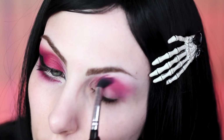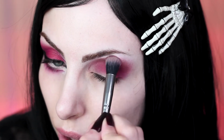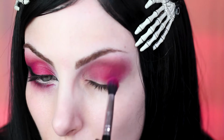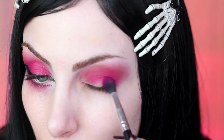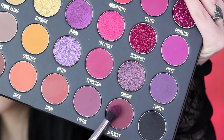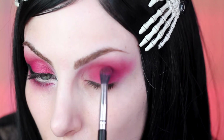Now I'm using powder to blend out this color, and I recommend using something that's brown or skin color and not white, because otherwise you will end up with pink eyelids. Next one is Immortality, and I'm adding it to the center of my lid, and it's only like a base for the next color. Now I'm using Afterlife to darken the outer V so you get a little more intensity,